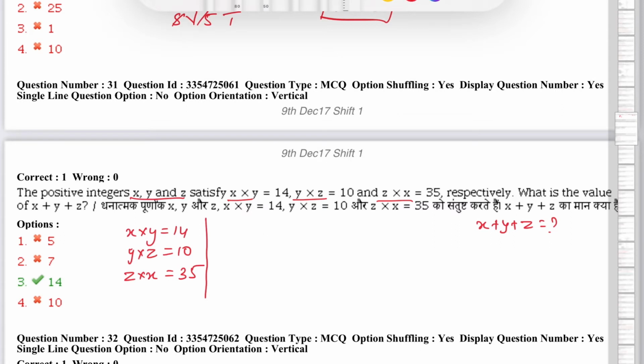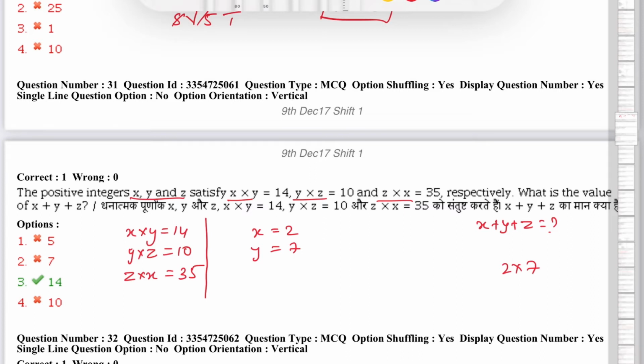What we can understand from here is which two numbers when multiplied will give us 14. There are only two numbers which can give us 14, which are 2 and 7. So from here we can assume that either x is 2 and y is 7. Just assuming, these are not the answers. Also you can write it the opposite way, because y can be 2 and x can be 7. But for now we are taking x as 2 and y as 7.